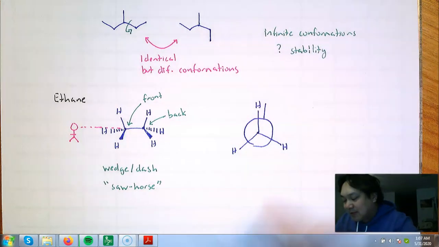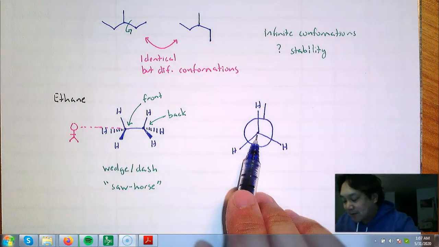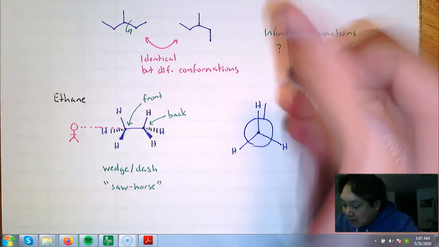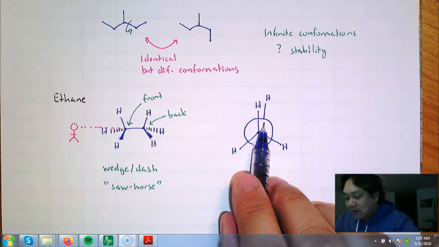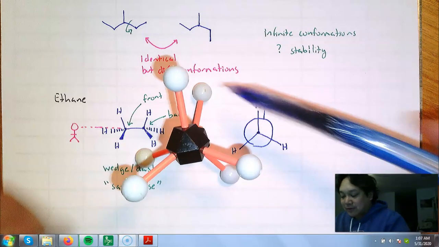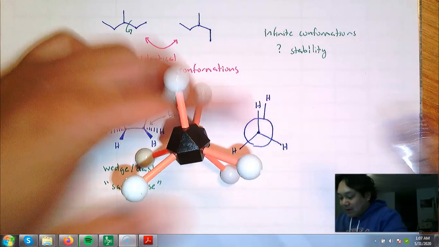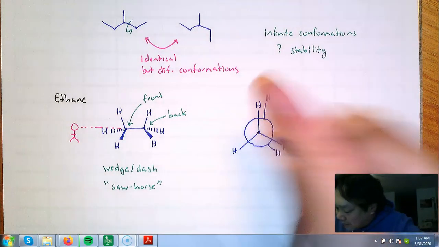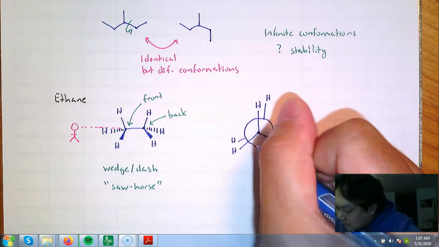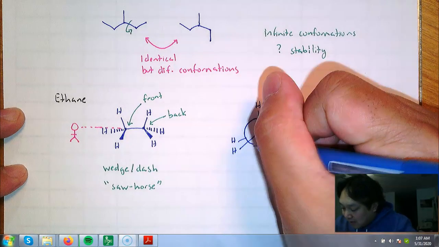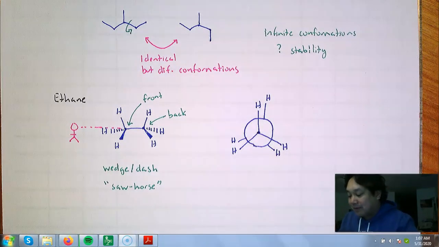Now, do you see how my line doesn't go all the way to the dot? Because the dot represents the front carbon. The hydrogen in the back is only attached to this carbon in the back. So again, that hydrogen that I just drew is this one right here. This is where you have to be fairly neat to make sure that the grader doesn't misinterpret where your bonds are going. So again, we have a front carbon and back carbon. If you're using your models,